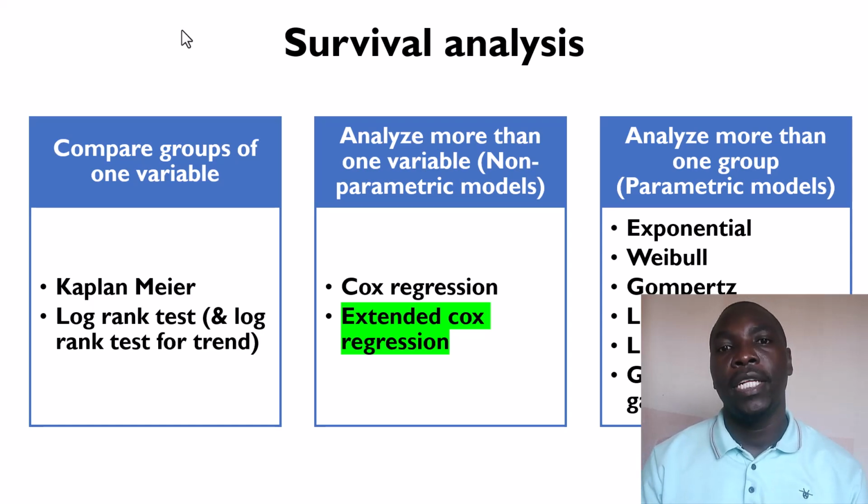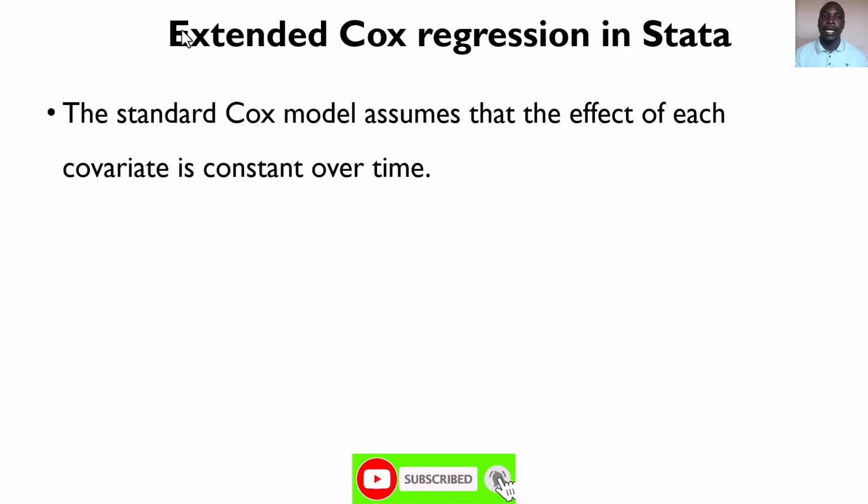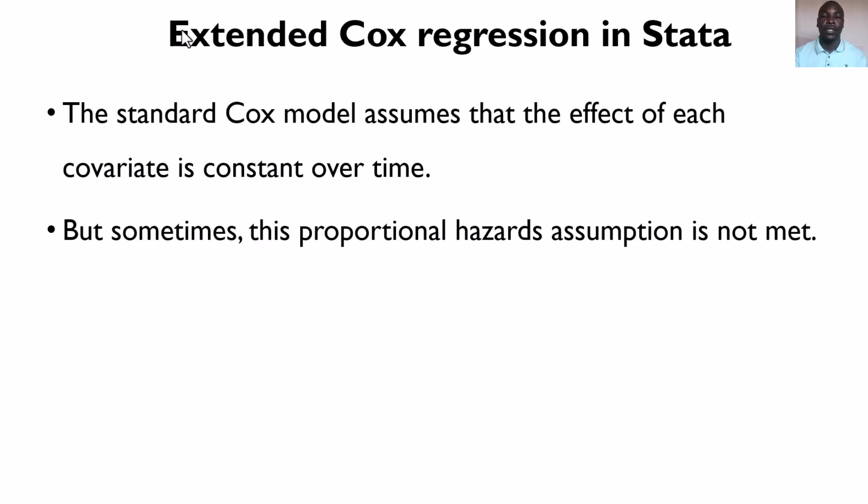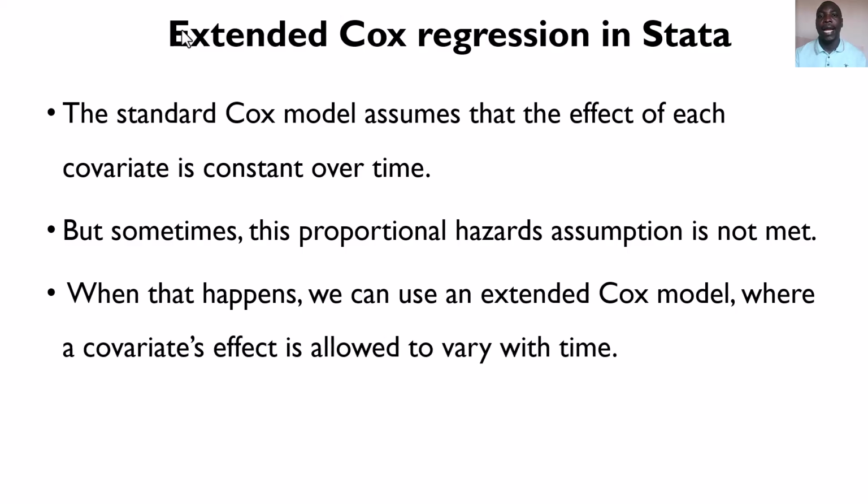In this video, we are going to cover the extended Cox regression model, which is one of the models used to analyze survival time data when you have more than one independent variable. But what is this extended Cox regression model? Remember, in the standard Cox regression model, it assumes that the effect of each covariate or independent variable is constant over time. However, sometimes this proportional hazards assumption is violated. So, when that happens, we can use an extended Cox model where an independent variable's effect is allowed to vary